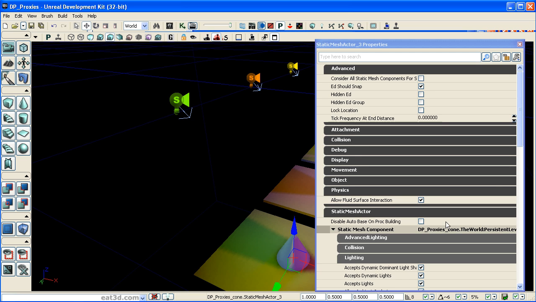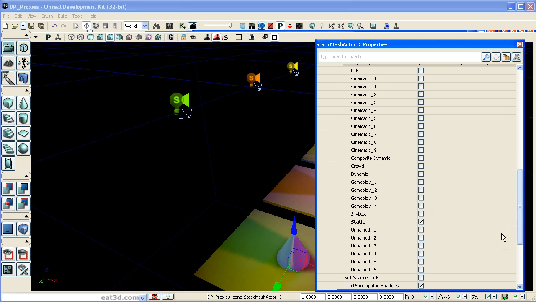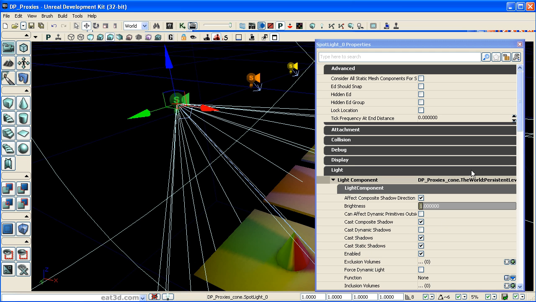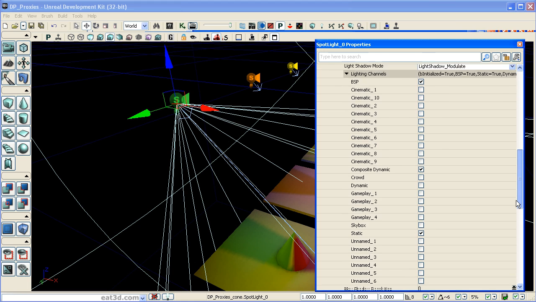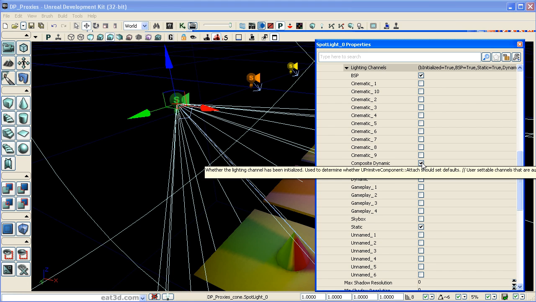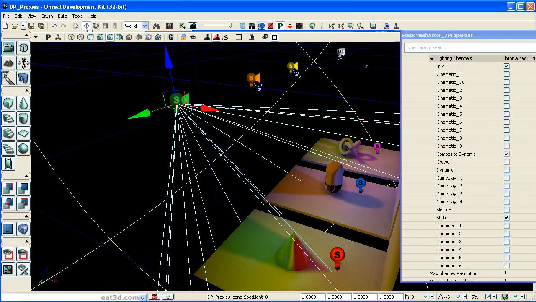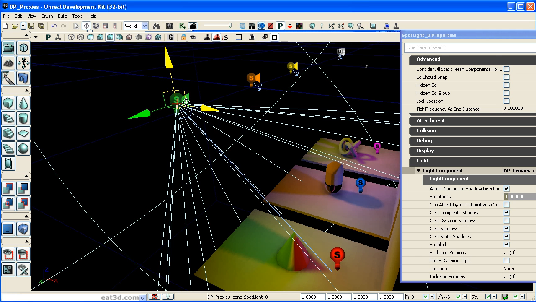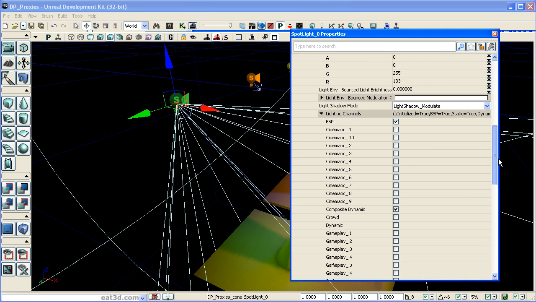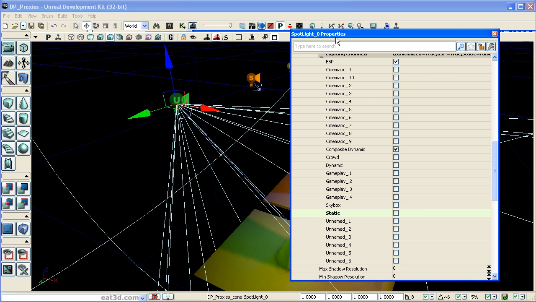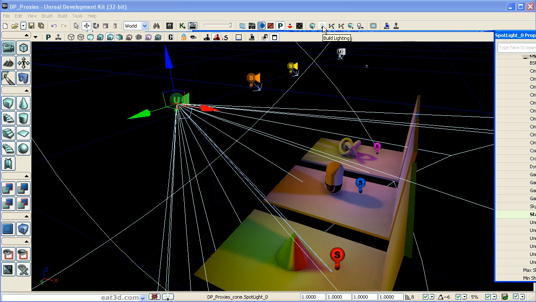Now, static mesh, you'll see, doesn't have the same flag set as a light by default. It only has static flagged here. The light, on the other hand, has static plus composite dynamic plus BSP flagged. So that's typically what you get when you first set up a light. To demonstrate this really quick, if I take this light and take it out of static, so it no longer participates in the static channel, and then I rebake,